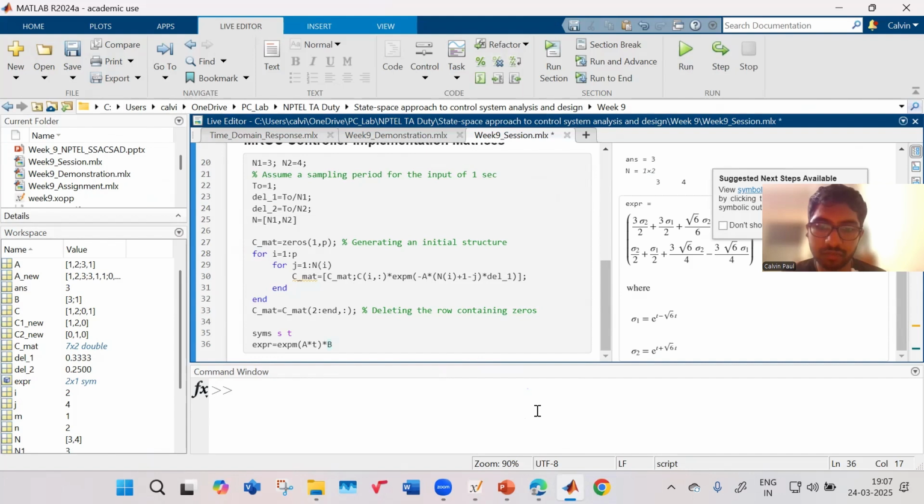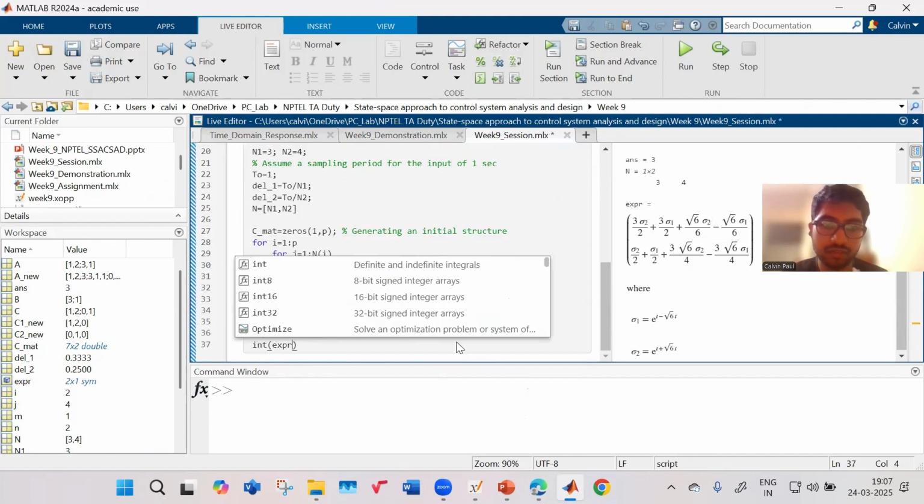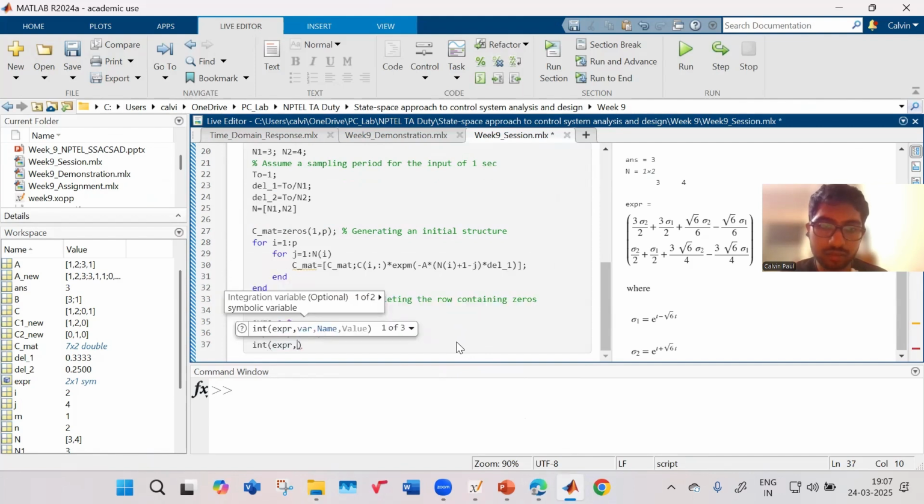This is our expression. This we have to integrate. Okay. From 0